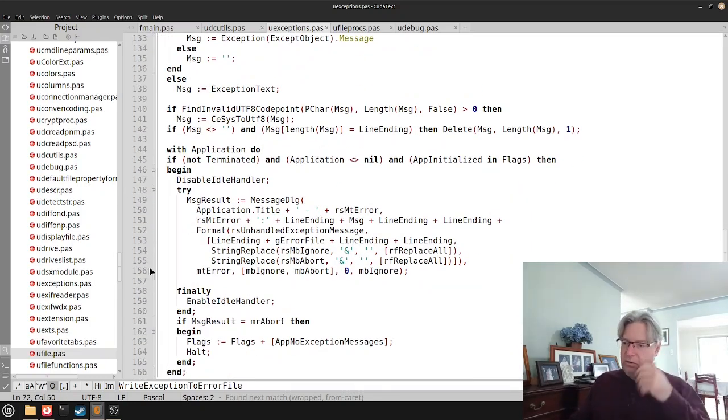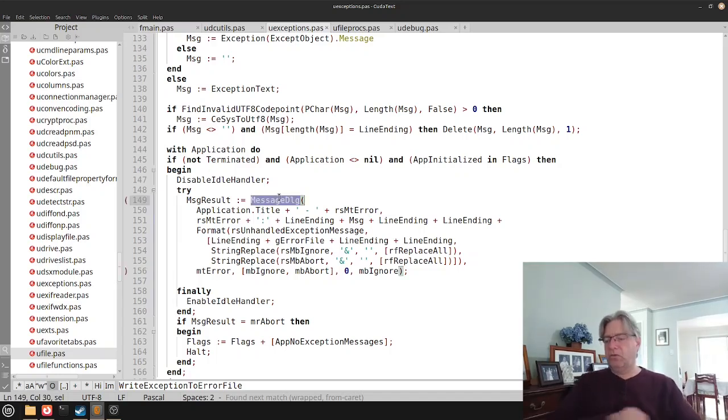As far as the exception message being presented, it just uses a message dialog here, perfect for their instance again. It'll be neatly formatted using the format statement, where you'll get an error file line ending with the options to ignore or abort. It's also an error message, and the default